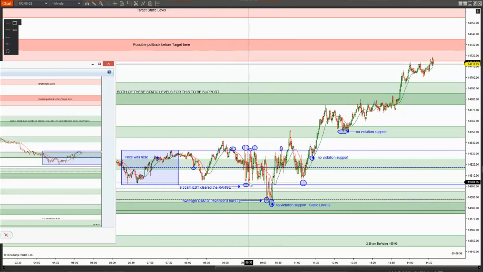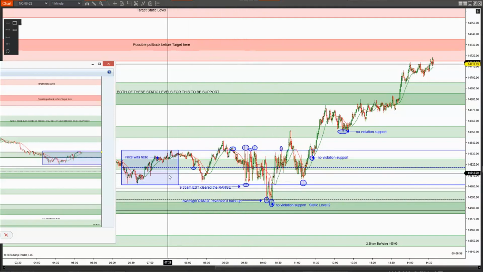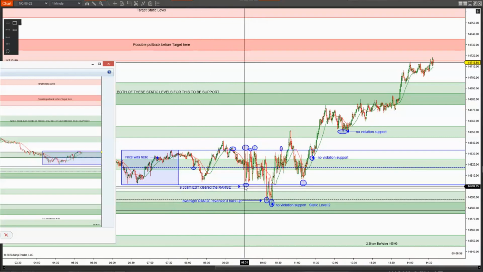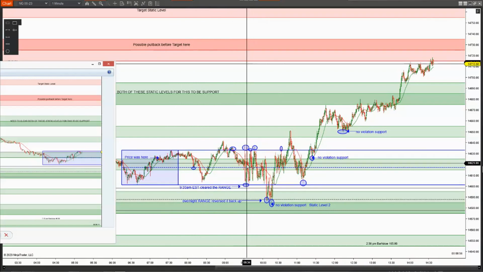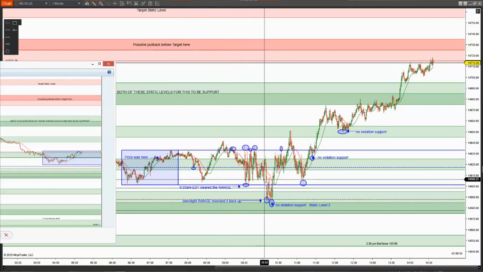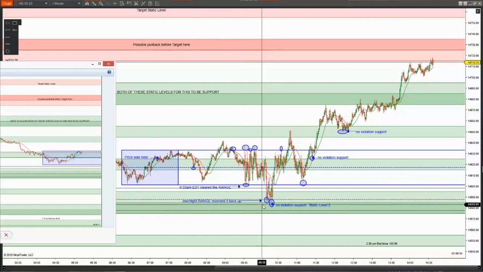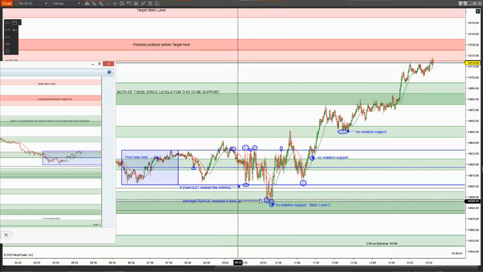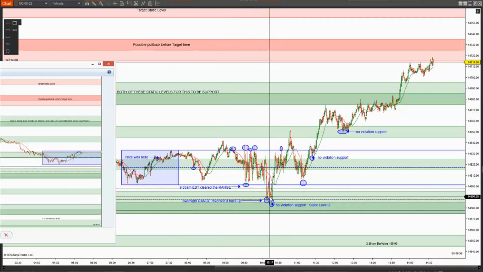All right, so here's the overnight range. First they hit the bottom of the blue range here. This morning's range at 9:33, they cleared it. And of course went back up there, tagged the top, then came back down and hit the overnight range. Now this is the overnight range and it reversed it back up. Everything that I try to put in the alert.